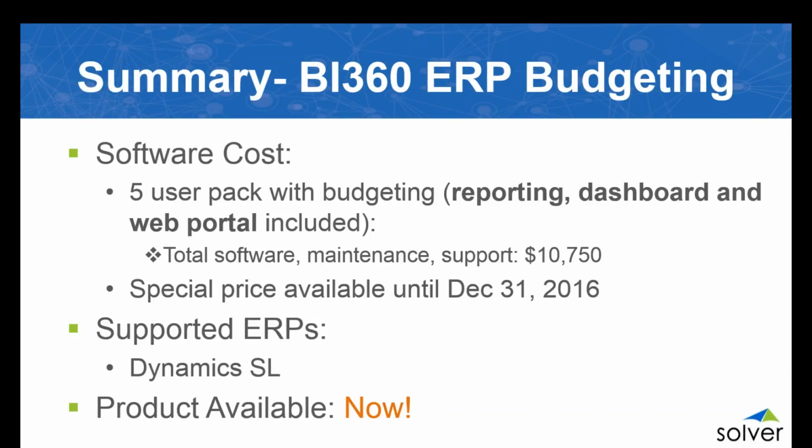But we have come out with a special package that goes way beyond budgeting. To introduce this new package, we are offering the web portal. The full web portal that I showed you is available to you. The full reporting, not GL only, the full powerful BI360 reporting tool is included. And then also the ERP budgeting. We have a special introductory 5-user package of this,